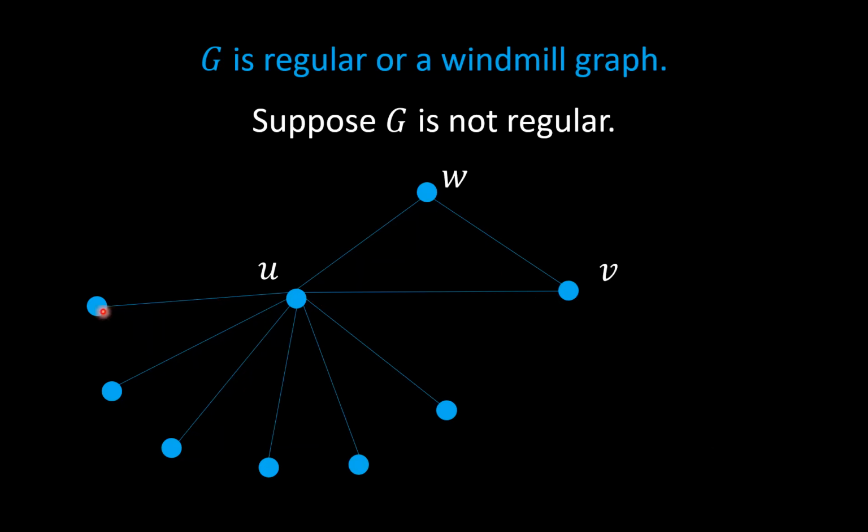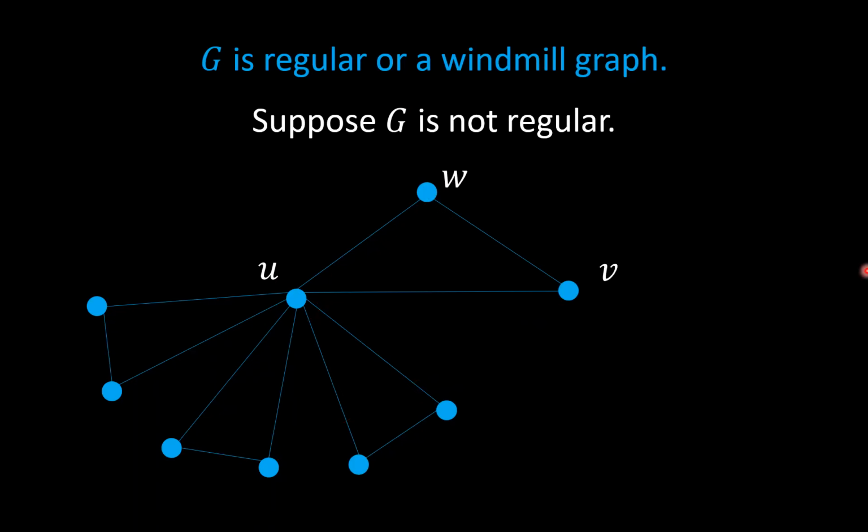Now, the neighbors of U have a common neighbor with U. So we can maybe draw them in. Okay, but notice the common neighbor cannot be V because we'll form a 4-cycle, and it cannot be W because we'll form a 4-cycle. Right here, it's a little hard to see, but if we go up to U, from U to W, down here, here, it's a 4-cycle. Okay, so those edges can't be there.